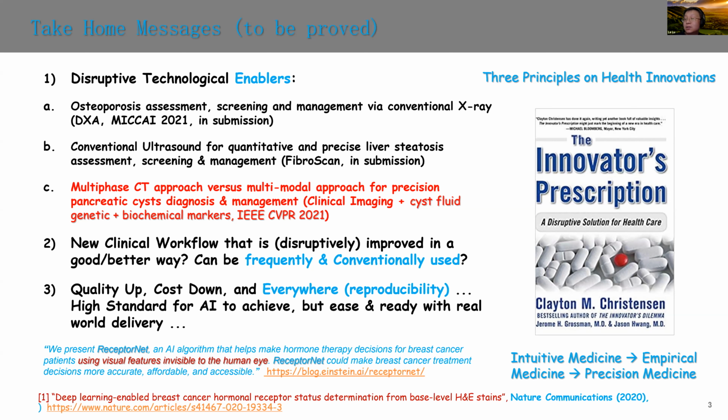Because we want to make medicine cheaper and available everywhere, and solve the inequality and the cost issue, right? So there are a few examples here. I hope they give you a heads up on what's going on. I think it's not hard work, and I think we should have a bright future.